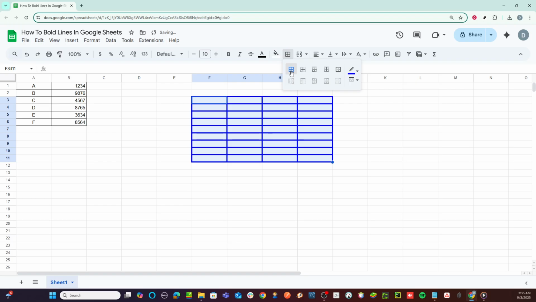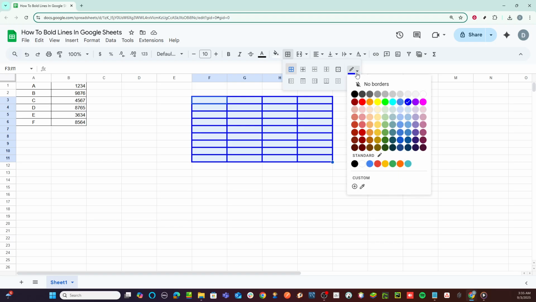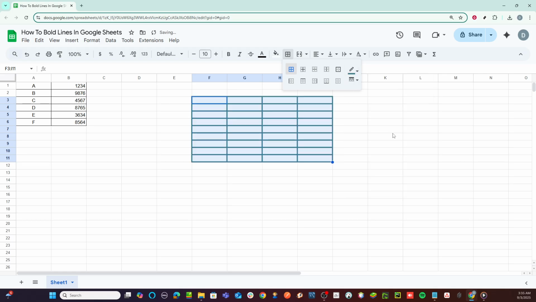After selecting your border type, you might want to customize it further by choosing a color for your border lines. This option allows you to ensure that your bold lines stand out against your data. Find the border color palette, often shaped like a small paint palette or just a button labeled color, and select any shade you prefer. You might choose a color that matches your spreadsheet's theme or simply one that stands out